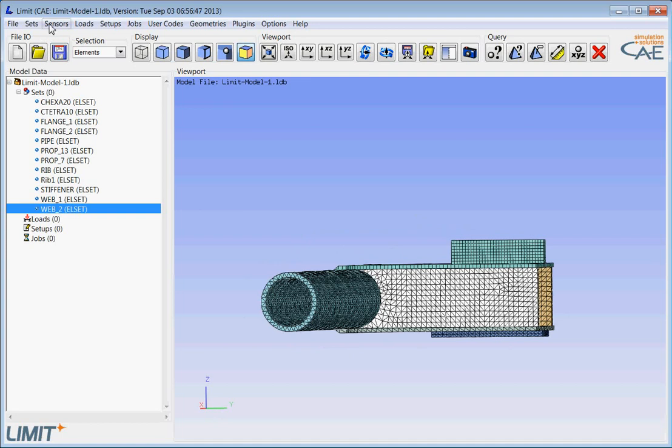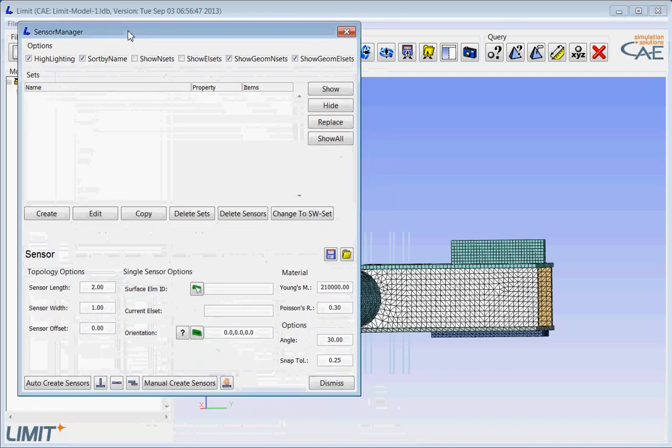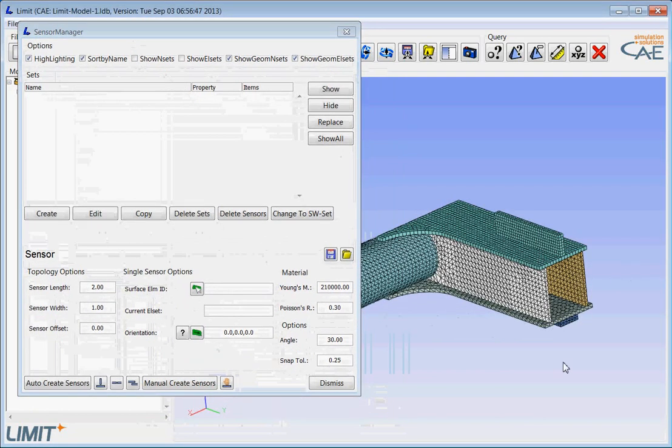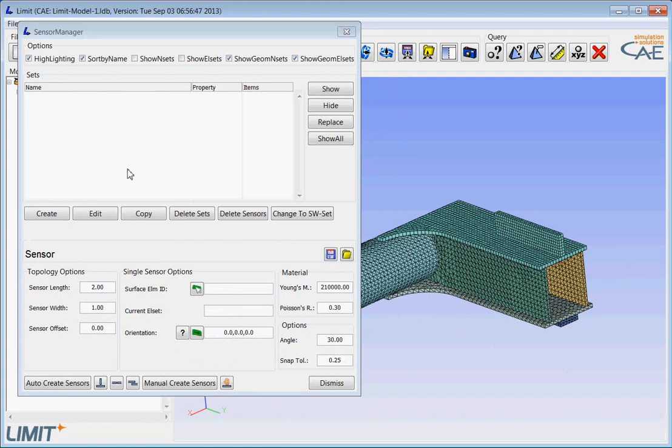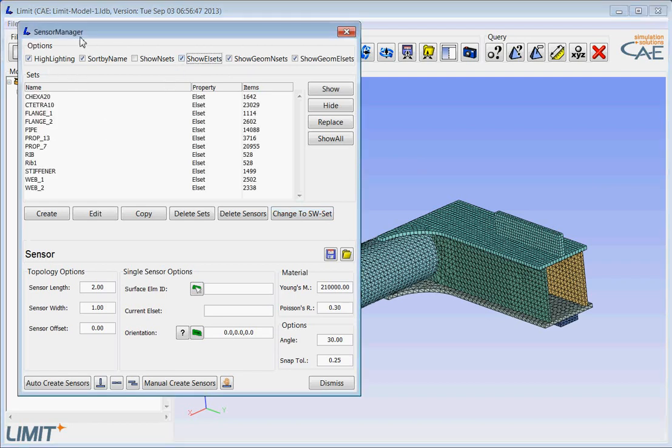Okay, so if we move to the sensors, and we want to generate these sensor elements we need for the weld assessment, then first of all, I have to define which element sets can be used for the sensor generation. And these element sets are called solid weld sets. So what I can do is activate all element sets in the sensor manager, and then I select all the sets that really are part